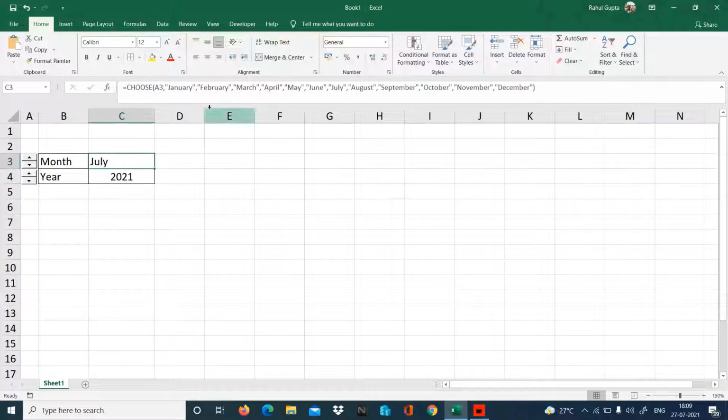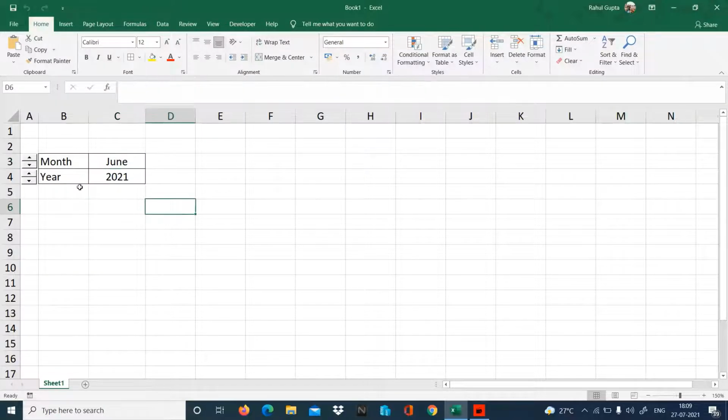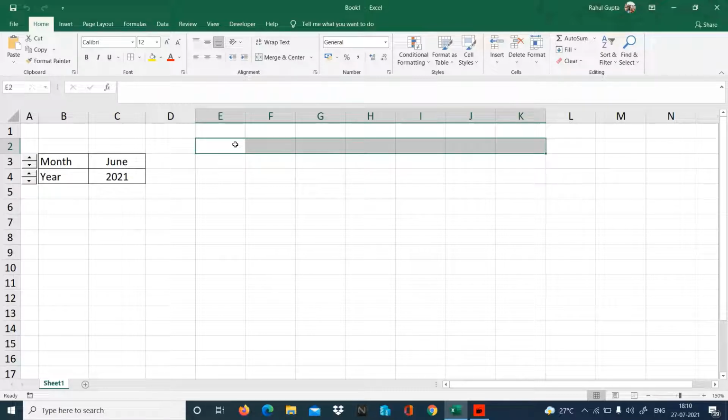So select this and make it center aligned again. Now if you change from here, you will get all the months and here you will get all the years. So finally this input part we have already done. Now let's select from here 7 columns and merge and center.